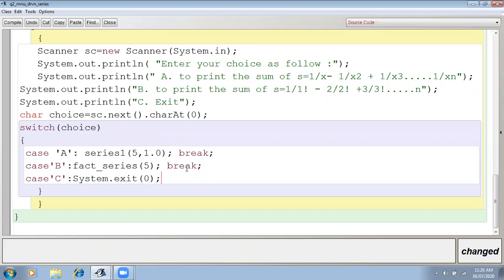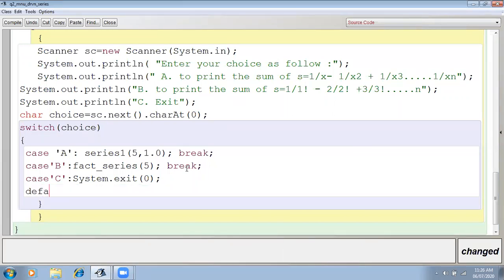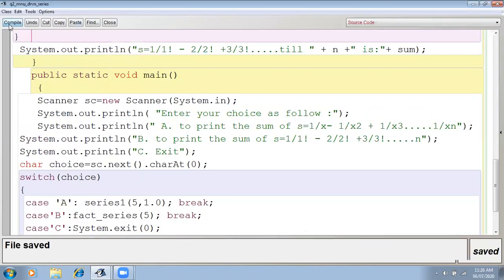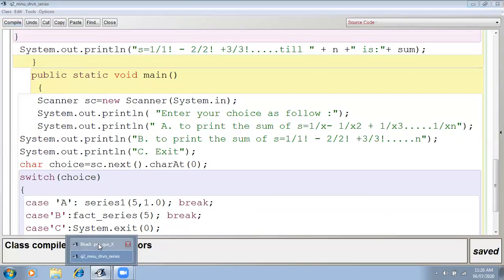If you remember, this is the statement to exit, and in default, invalid choice. Invalid option or invalid choice. Right? Okay, let's try. Is there any mistake? Then it will show us. Okay, no mistake. Then let me execute the program.